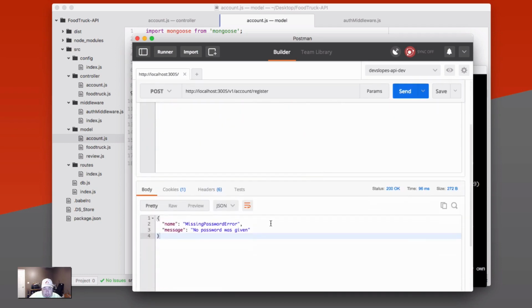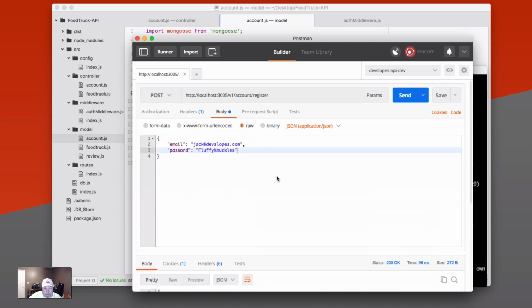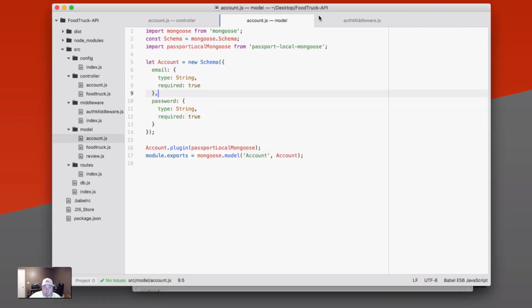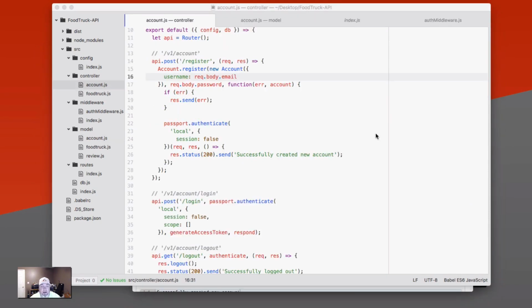Alright, missing password error. No password was given. Let me investigate. Okay, I'm back. I figured out the problem. I did a little rearranging of the code here in this accounts controller. It's not necessary. It should work just fine the way I had it before. I just moved this block around right here. But the problem was in our